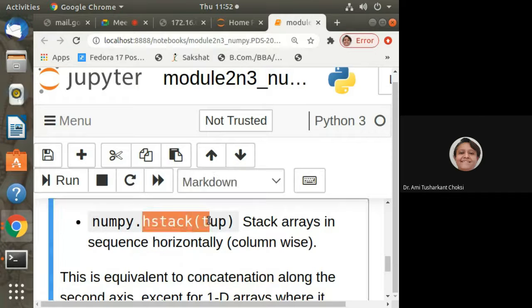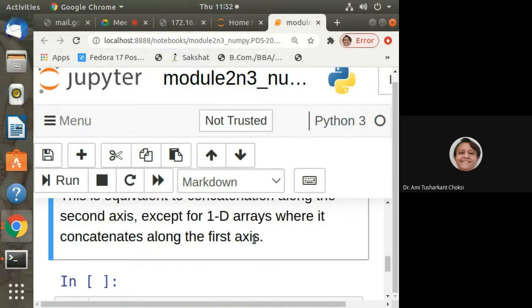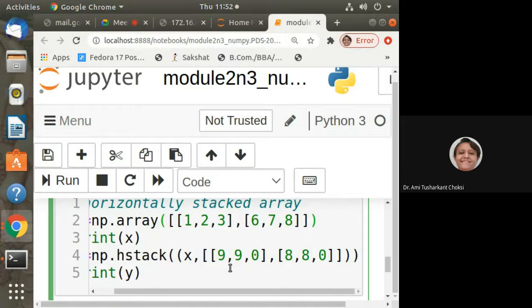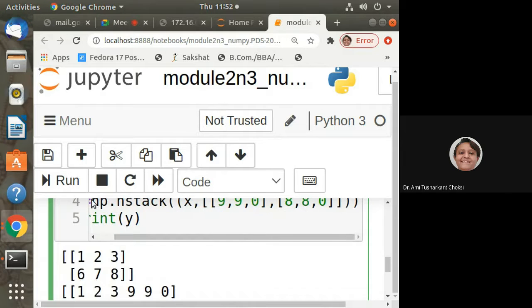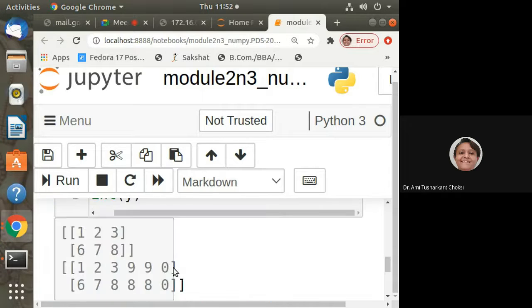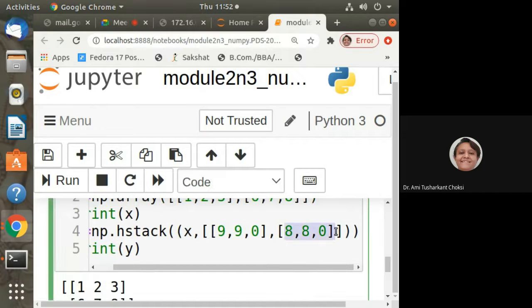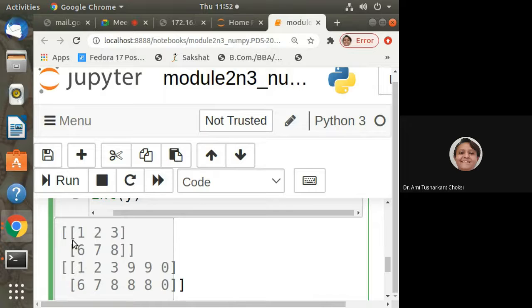This is hstack. So horizontally it will add. This is np.array 1, 2, 3, 6, 7, 8. Now we want to add horizontally. Let's see that. How we are having. First is 990 and second is 880. So here we were having 1, 2, 3, 6, 7, 8. Here it is putting 990 and 880 horizontally. Fine.